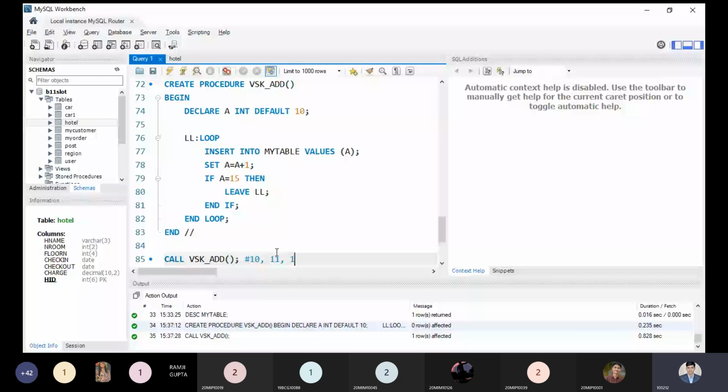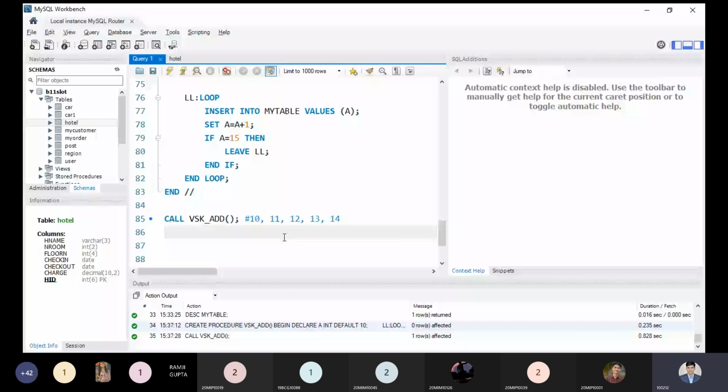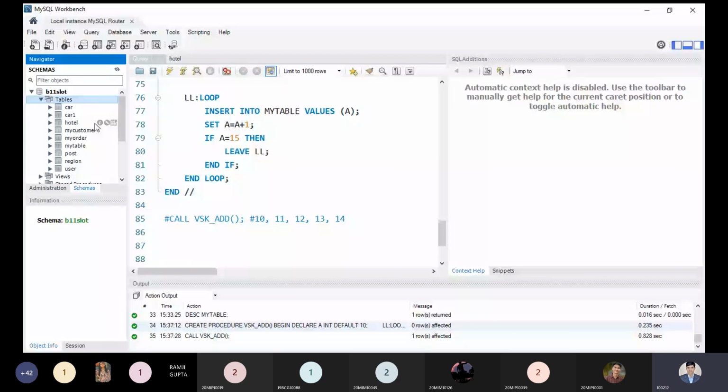Let us check what the values are. First, let me close this port right now, as it will be again select. A better idea is to show my proof directly from the table. So what is the table? Let me show it from this point. Now you will be able to see on the screen that 10, 11, 12, 13, 14 were inserted. Now it is visible to all.